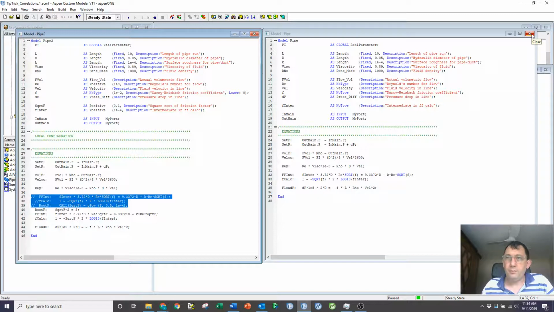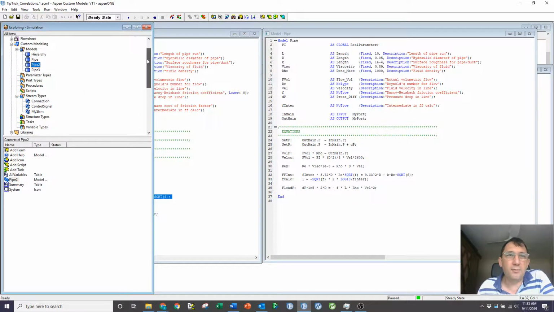Okay, so that's all good. There was one other problem that I had laid for myself, and I always forget about this one. This is one that you may run into as well. You remember I declared pi as a global parameter, and that's great in a model that I've been working on for a while, but since this is a brand new model, and I've never done anything with it prior to this demo, I haven't necessarily given pi a reasonable value. I just declared it as a real parameter.